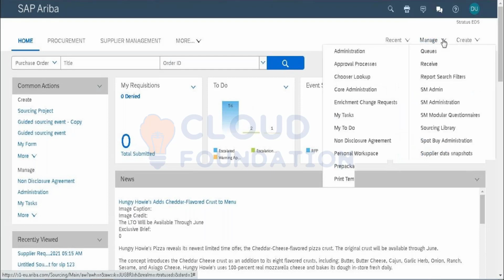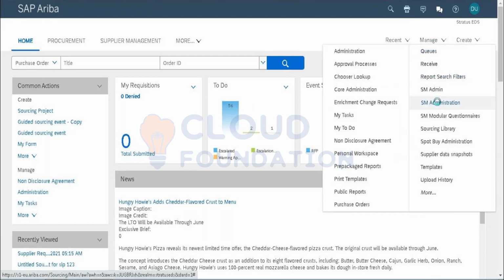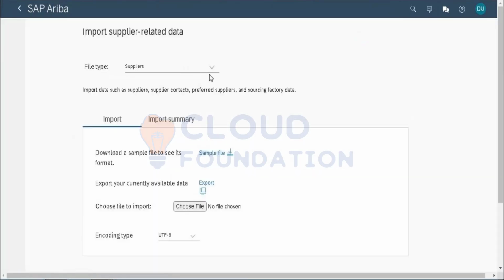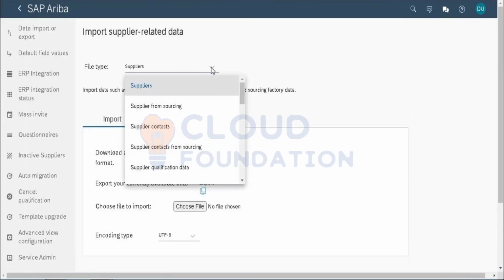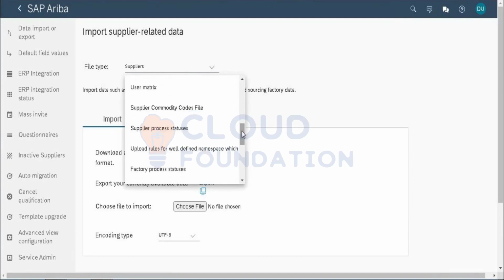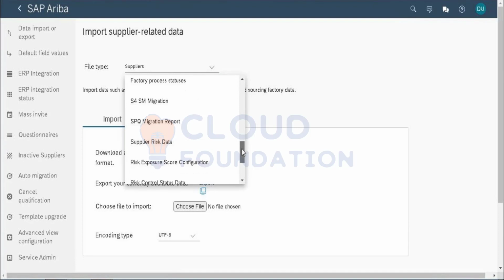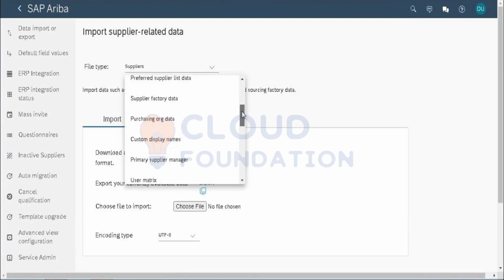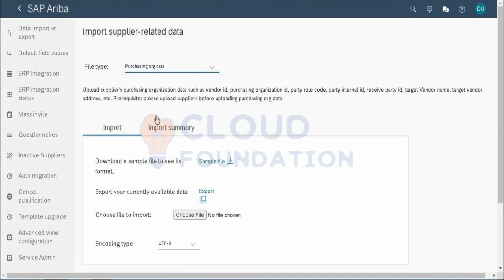Okay, just a second. I think SM administration. Let me just see if it is able to see the data in here or not. Supplier, commodity. What was that? Commodity code? Oh no, it was purchasing org. So purchasing org data. If you see here, I'll just try to